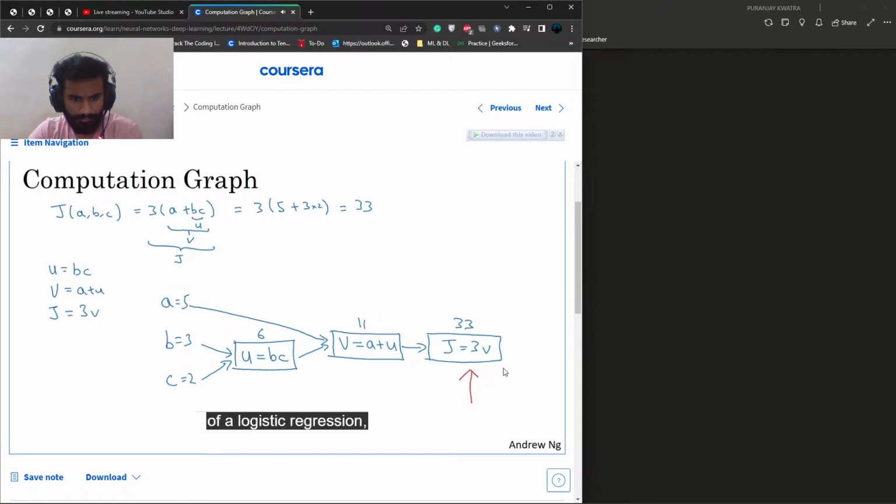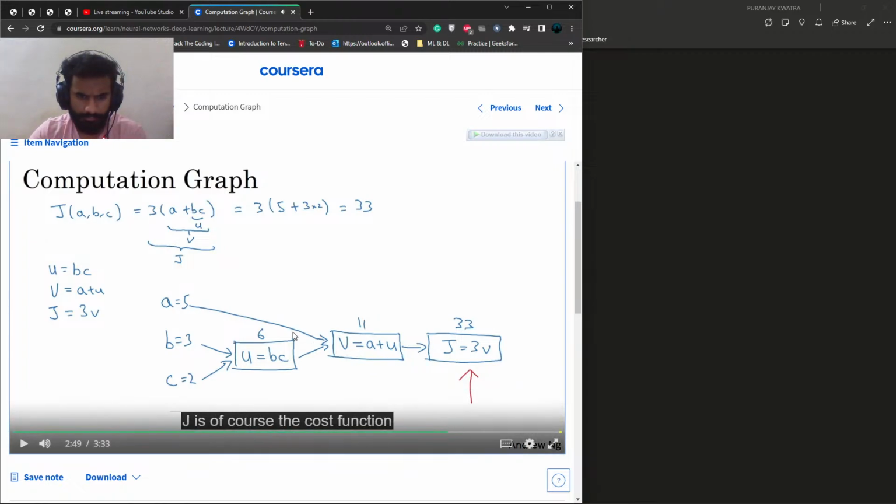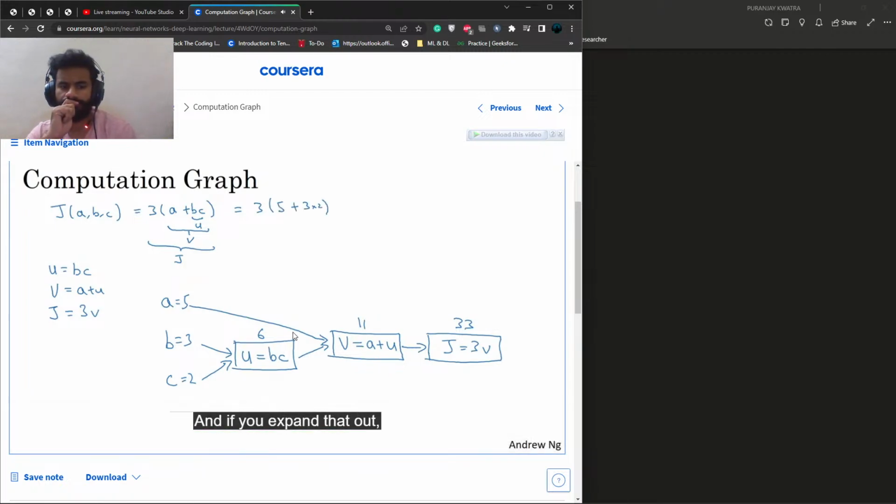And in the case of a logistic regression, j is of course the cost function that we're trying to minimize. And what was 3 times 5 plus 3 times 2, and if you expand that out, you actually get 33 as the value